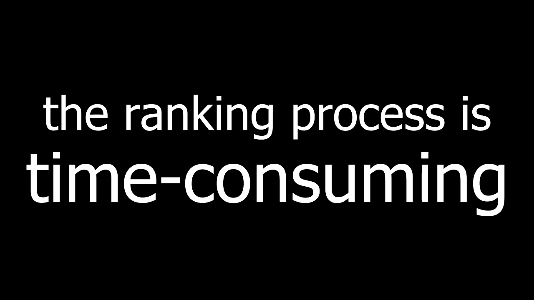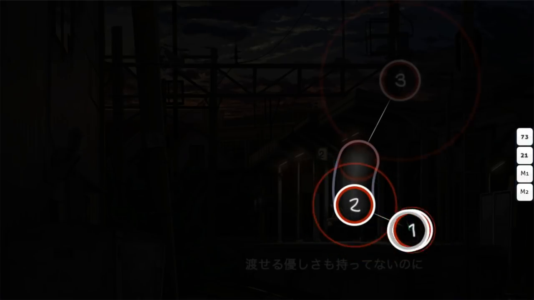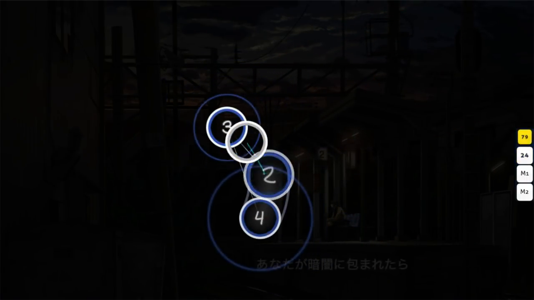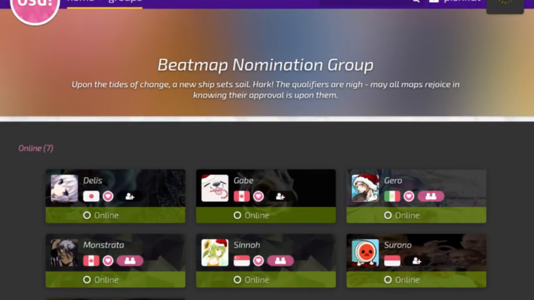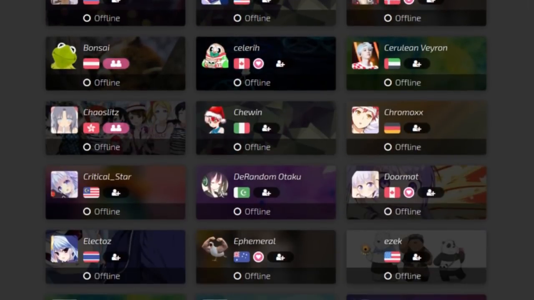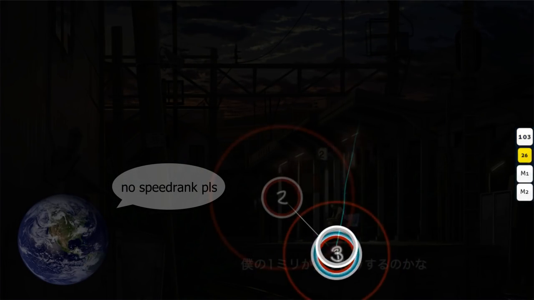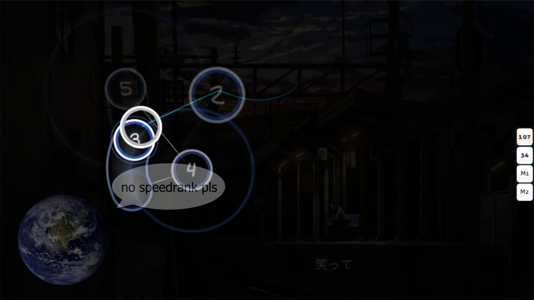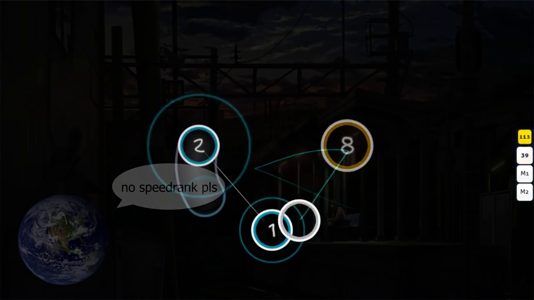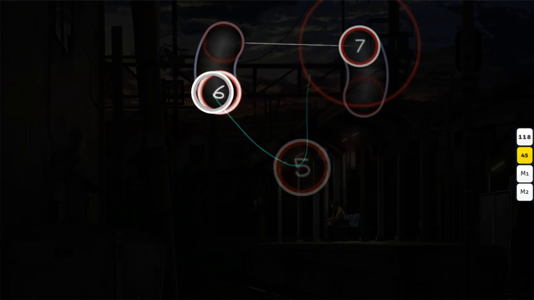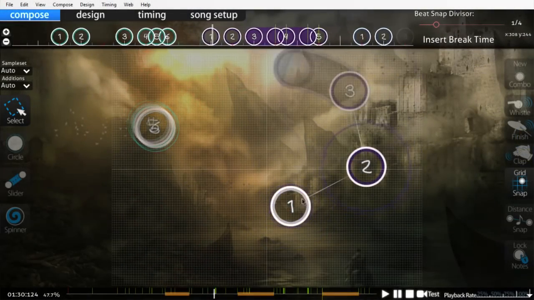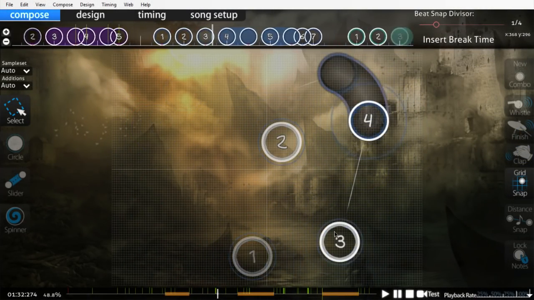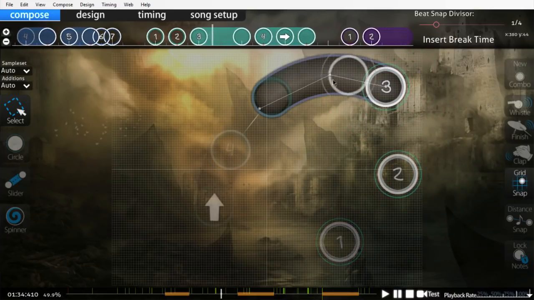Lastly, the ranking process is time-consuming. By result of those previous three factors, everything about the ranking process is extremely slow. Finding mods takes forever because of competition, moving on to nominations takes forever because you don't know if BNs think your map is acceptable, and social pressures dictate that progressing through the ranking process faster than the lowest common denominator is unfair treatment. For what even? It's all in the name of making a map ready for rank. That long process is helpful the first time through, yet it's just a waste of time for experienced mappers.